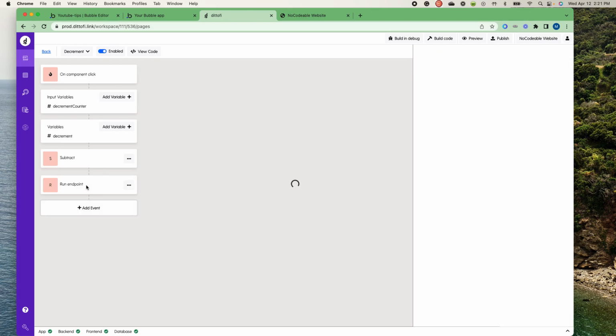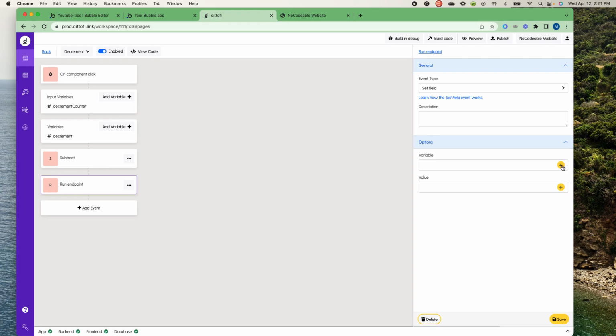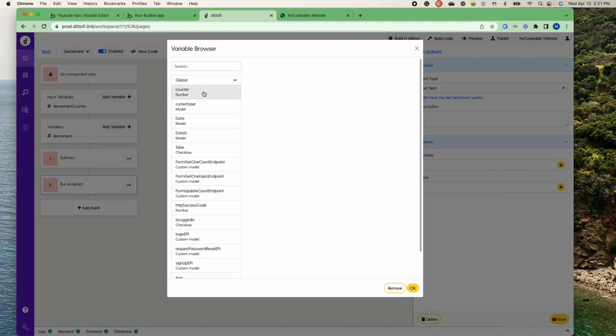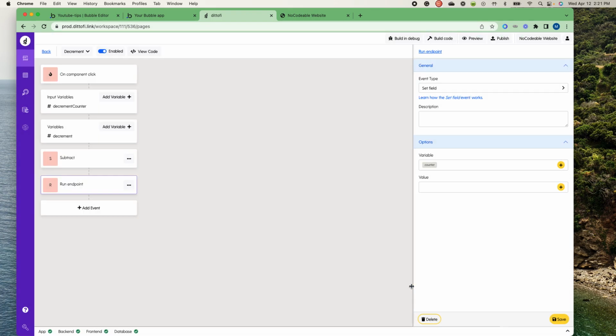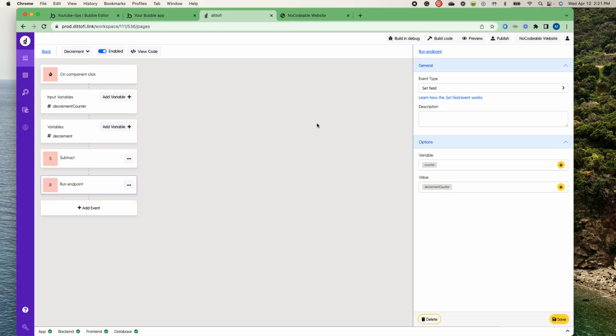And then the next thing I need to do is set the field of a variable. The variable I want to set is my counter variable that I created earlier, and the value I want it set to is my decrement counter. Okay. Now here's one of the very powerful things with Dittofi that I really like. So if I save this